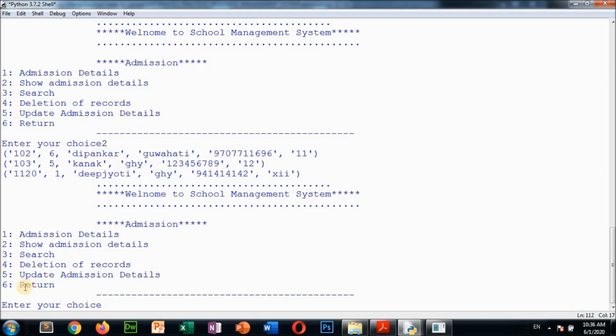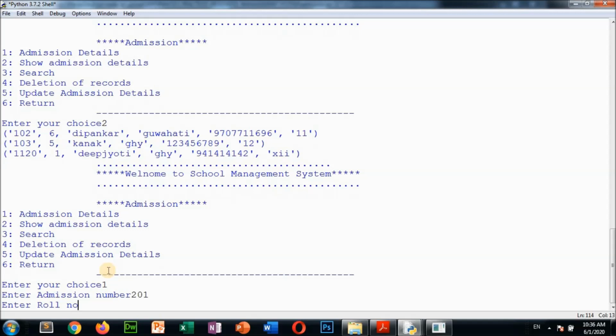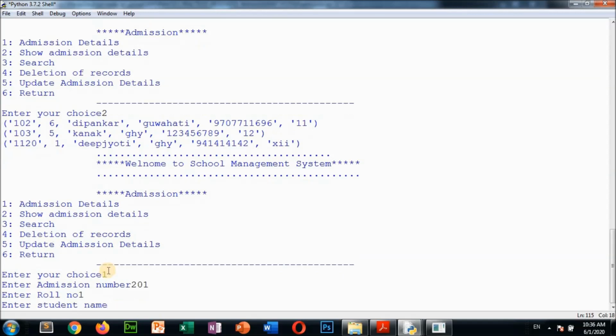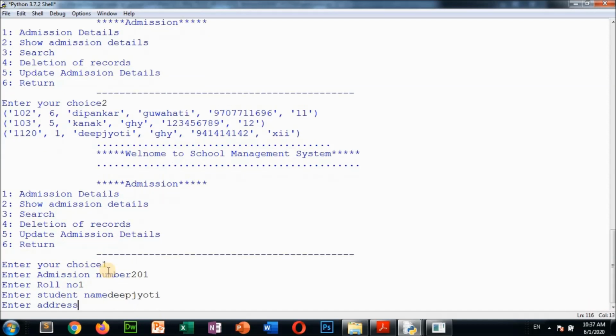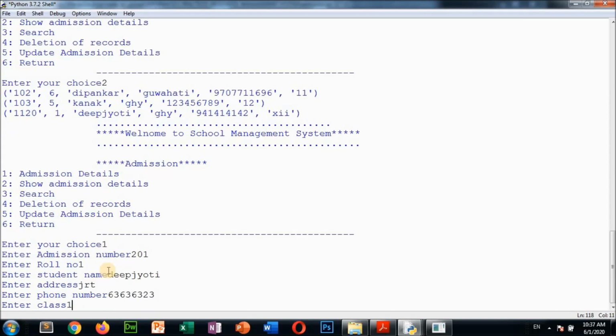So now after that, suppose update admission is there. Now again I am going to give the admission for one student: choice 1, enter admission number 201. Again I am giving roll number, suppose 1, then Deepjyoti, then address, suppose JRT, phone number 60606023, then class 10.